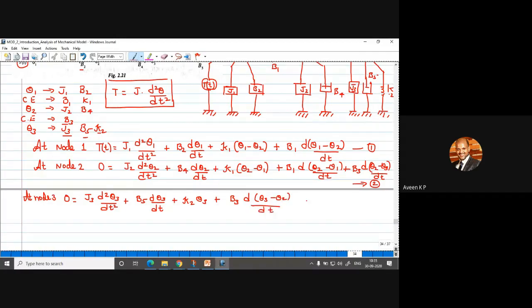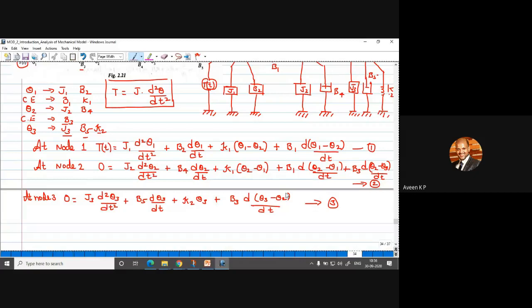This is equation number 3. Okay, so in total we had 3 displacements and we have written 3 equilibrium equations, by considering the elements undergoing respective angular displacement. So this complete set of 3 equations is based on